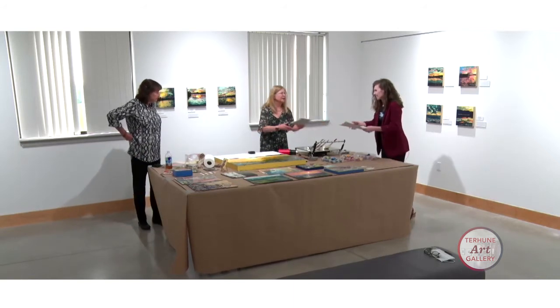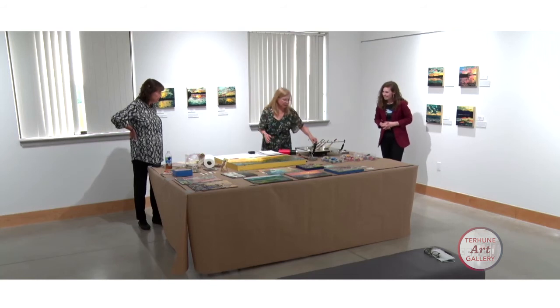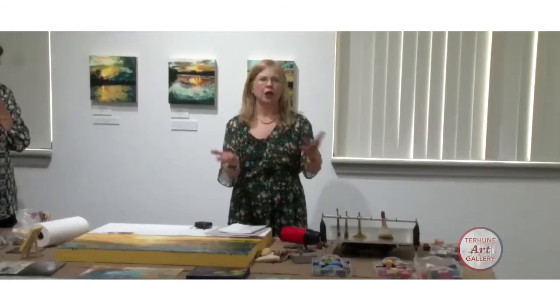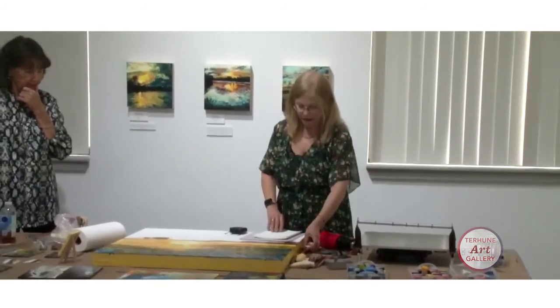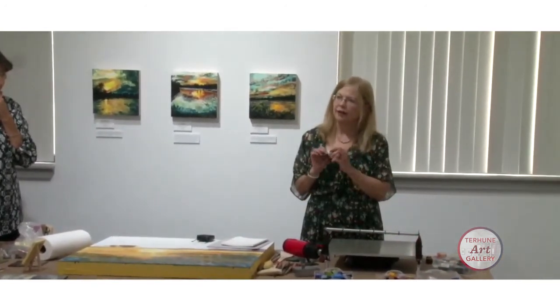So one of the first things we do is some printing, and this is a monoprint. A lot of times you'll think of printing as something where you make multiples of a piece. You can print off, this is number 5 of 100 or whatever, and they're numbered. Well, monoprints mean there's one. So what we're going to do with that is you can take the blocks, and like I said, these are